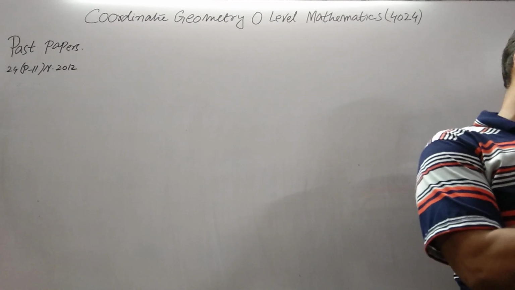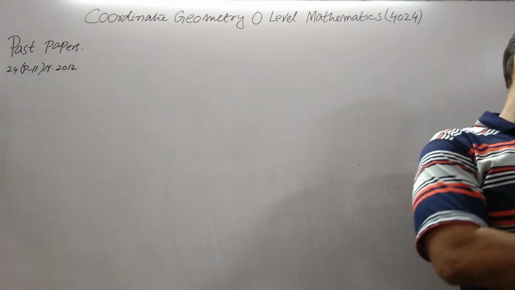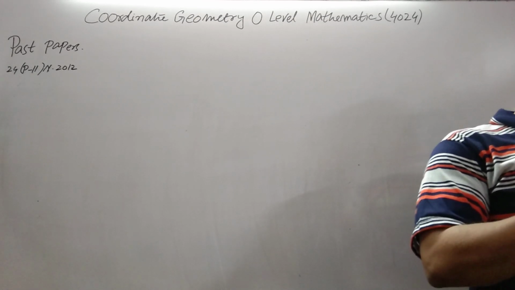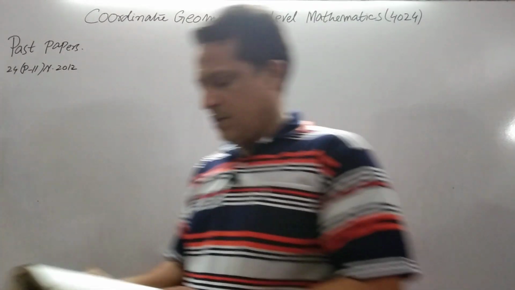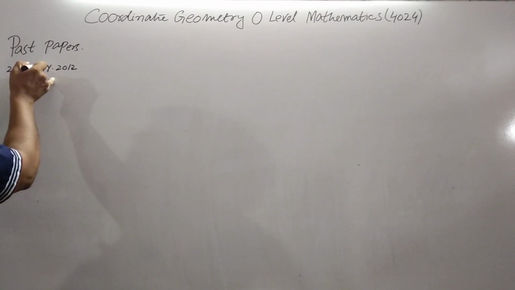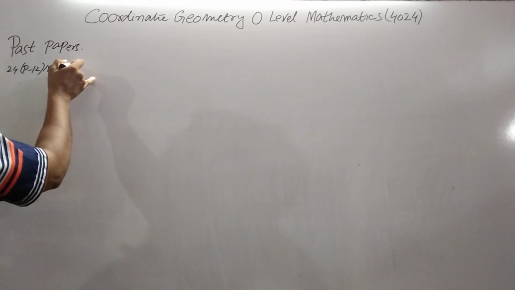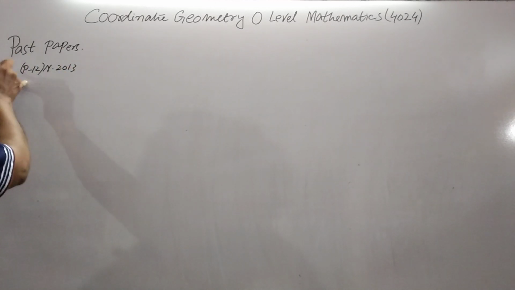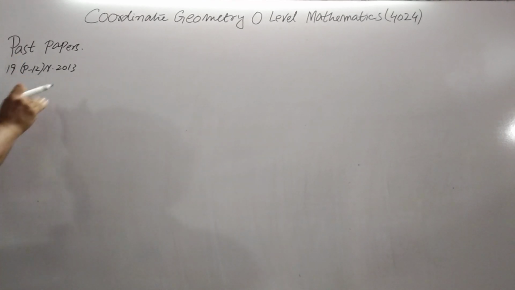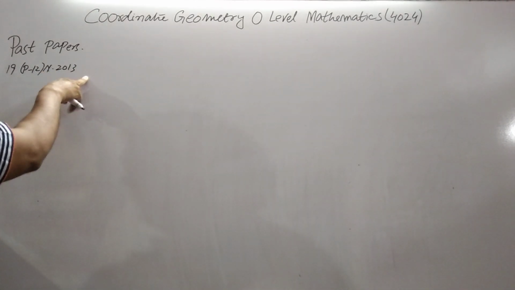Next question is question number 19, year 2013, Paper 1. All the questions which we are doing are coming from Paper 1. Paper 1 means where a calculator is not allowed. So question number 19 of November 2013 is,